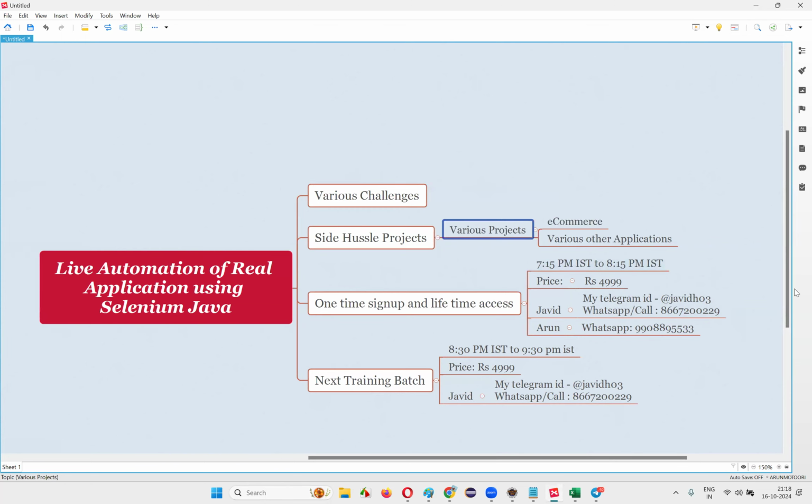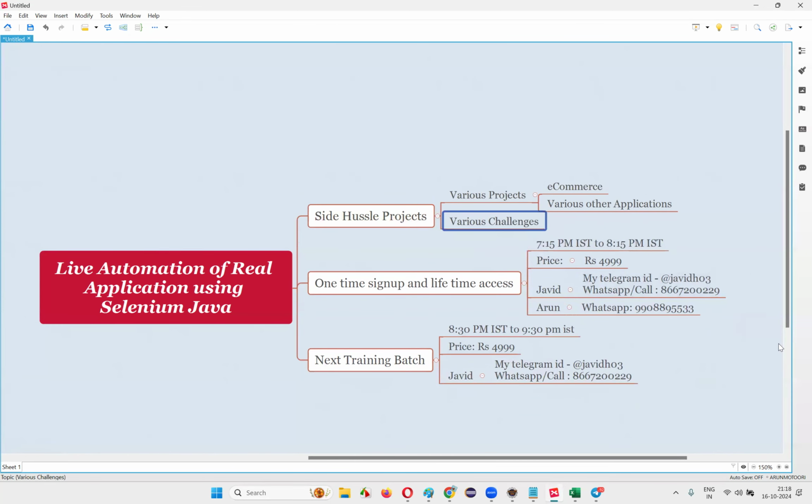If I put it like this, it will be easy, I think. This is called side hustle. I'm just calling it that terminologically, side hustle. Like if you didn't get an opportunity to work in your company, you can treat this as a project that you have worked at. Something like that.